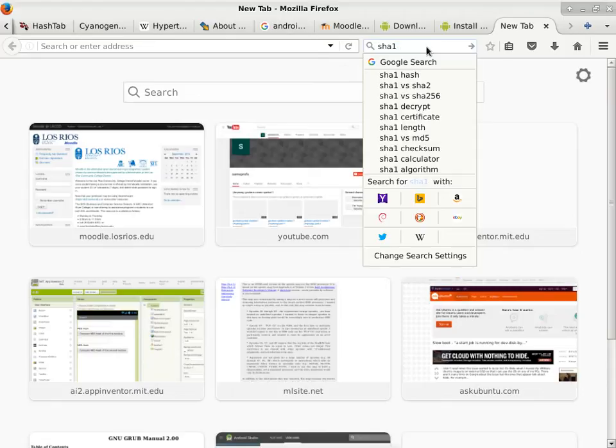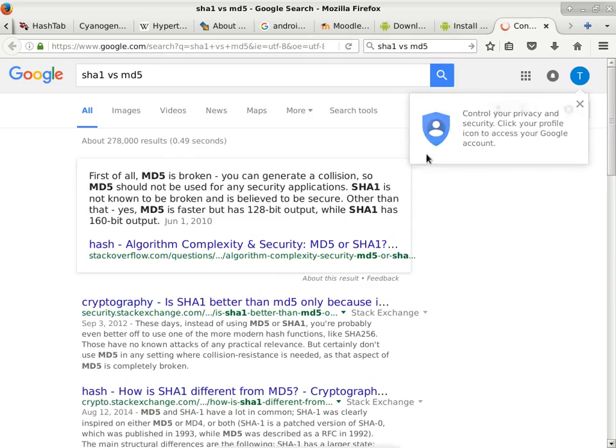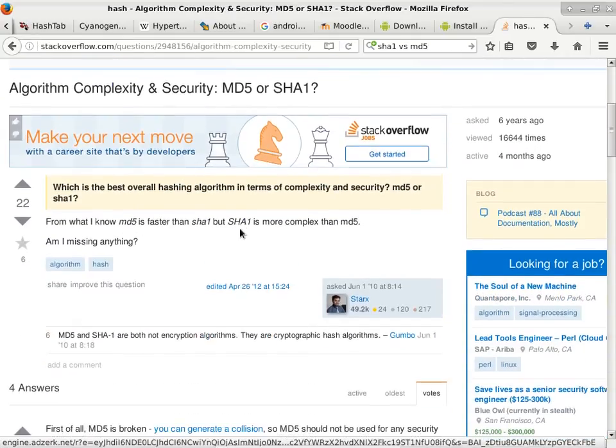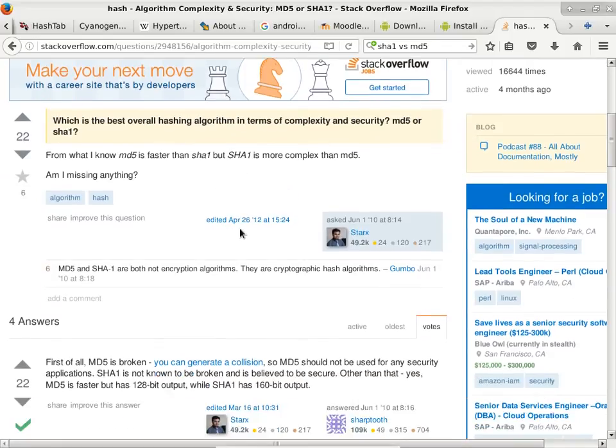You can already see most of the common types of searches for SHA-1 versus MD5. This is quoted from Stack Overflow, which you always have to take with a grain of salt. Which is the best overall hashing algorithm in terms of complexity and security, MD5 or SHA-1? MD5 is really not, okay? So the question is, is SHA-1